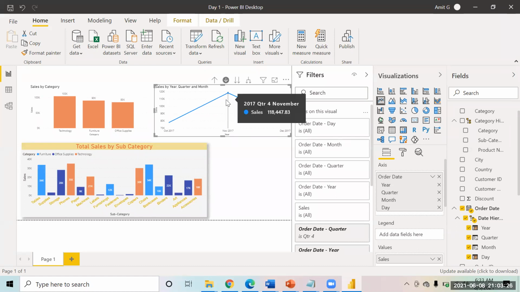So I see November, right? In November the sales went really up. So they didn't even think of a reason, like okay, there were Olympic games happening in that month, due to which the sales shot up. So this is just for doing the complete diagnosis. That is what this hierarchy can be used for.